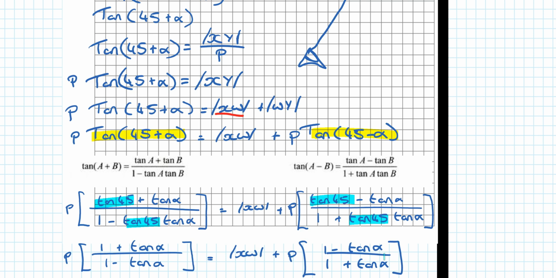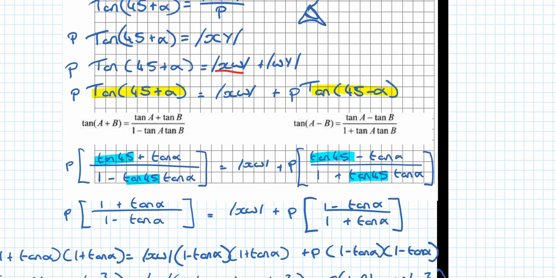Then we're going to multiply everything by 1 plus tan alpha. Multiply this by 1 plus tan alpha, you'd get rid of the fraction. Multiply this by 1 plus tan alpha, it just gets put beside it. And multiply this by 1 plus tan alpha. There's only going to be the top line left, so it'll be multiplied by the top